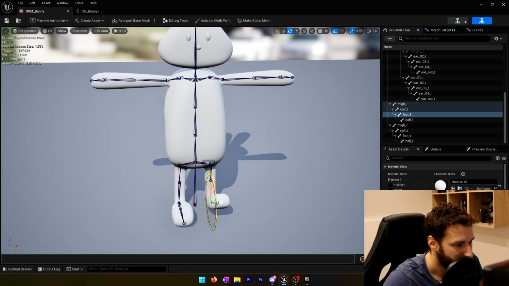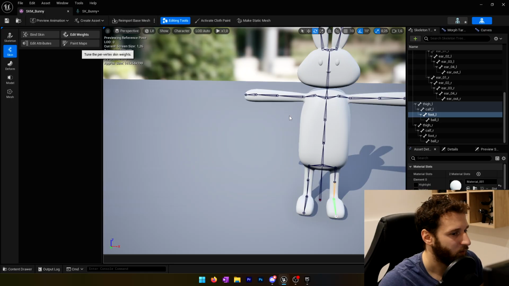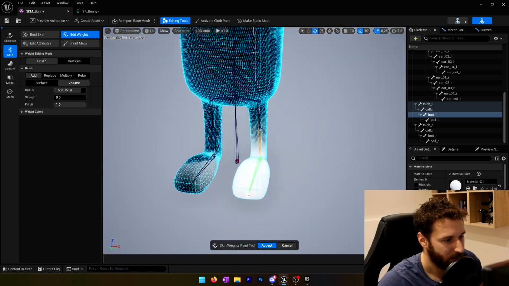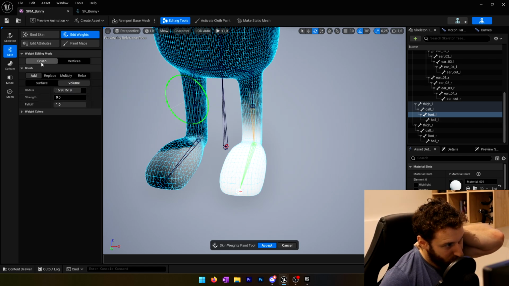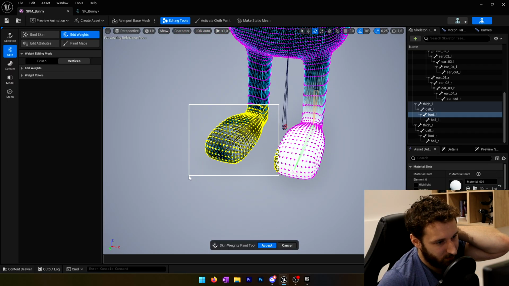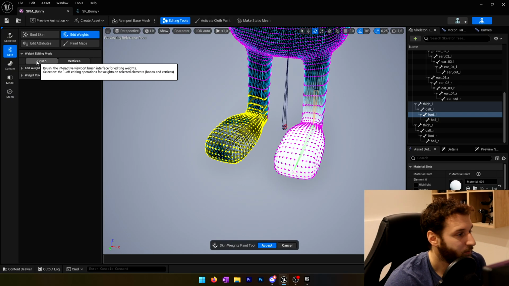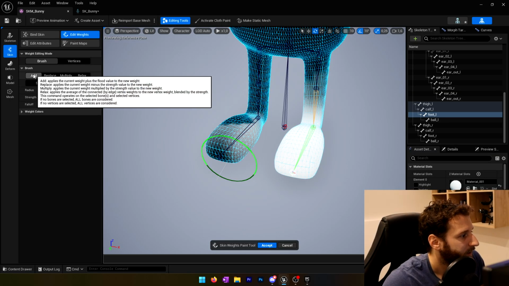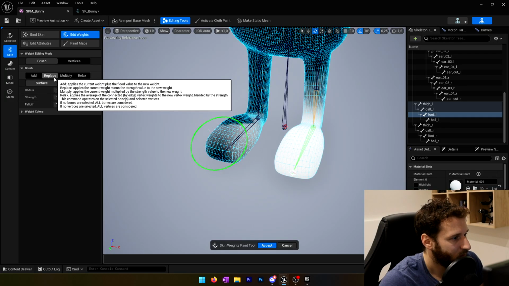I think the feet should be good, even if you can see that when I move the left feet, the right feet move as well, so that's not good. We'll clean it up. So we'll go in the editing tools, and in the skin we have the edit weight. And we'll be able to edit the weight. How are we gonna do that? We have multiple brushes. So first we have a brush and we have the vertices. So we can actually choose to do it with the vertices. We can actually do something like this and remove the weight paint, but we don't want to do that. We'll use the brush. And we have the add to add some weight to the bone, but we'll replace. Replace is nice because